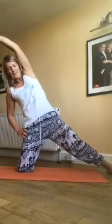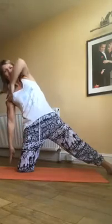We're not letting this flexion happen, which takes the stretch out of the hip. And then we go the other way. And see if you can